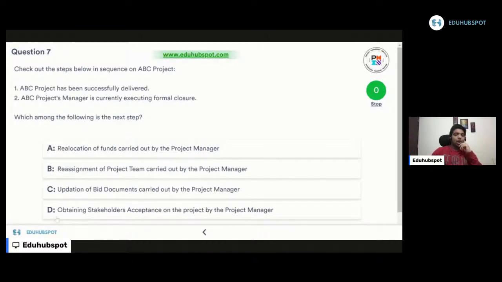Let's read D. Obtaining stakeholders acceptance on the project by the project manager. This also I will do in the closure phase. So now option A I will be doing in the closure phase. B I will be doing in the closure phase. D also I'll be doing in the closure phase. Now out of these three, I have to pick one. So now it is the